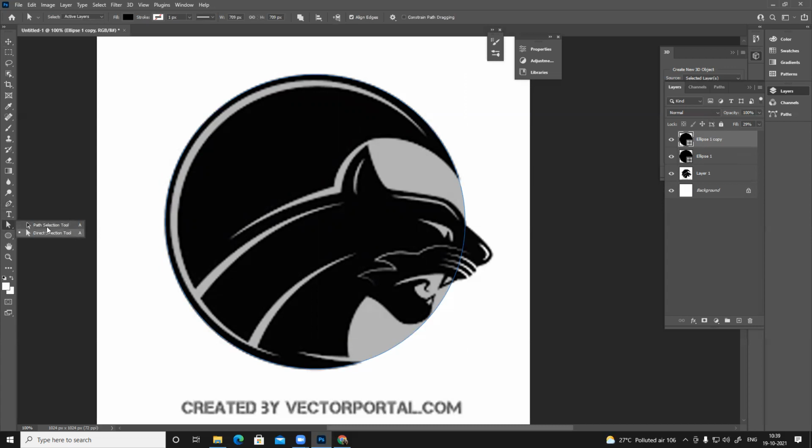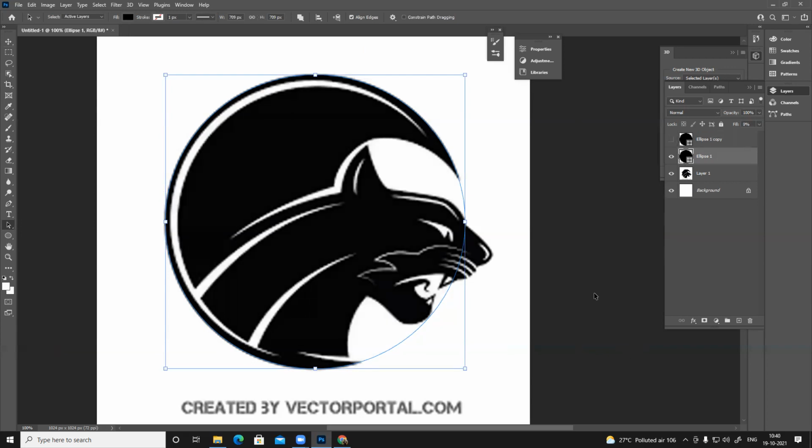There's a white one and a black one, two. With the black one, in one click you can select the entire path. With the white one, you can select each and every node, all the anchor points one by one. With the black one, just drag and everything is selected. Control C this time, go back to this layer, Control V.